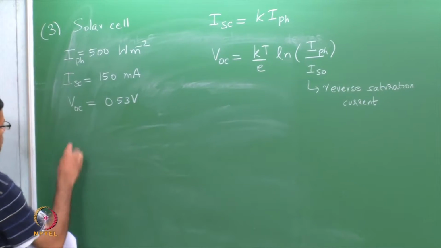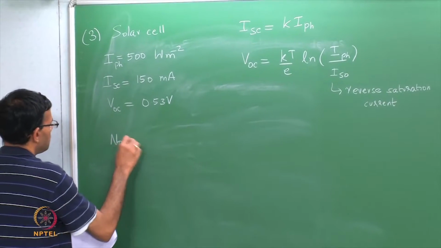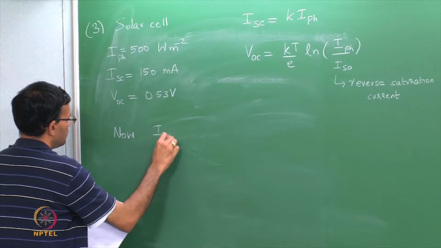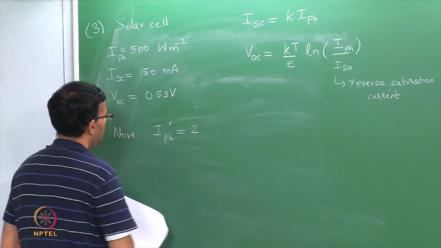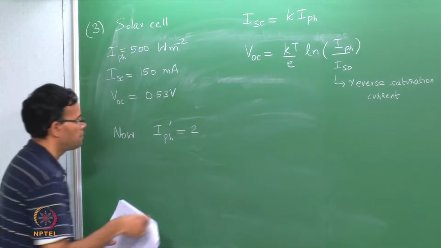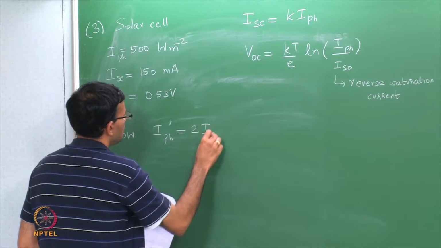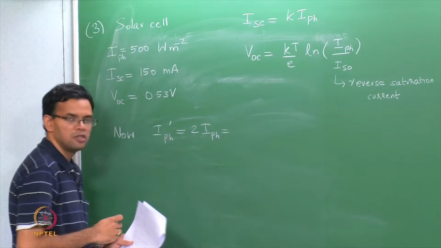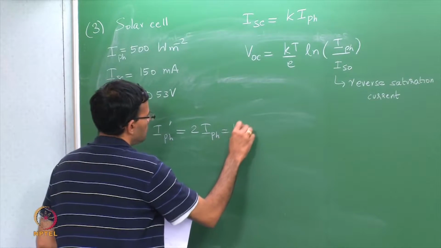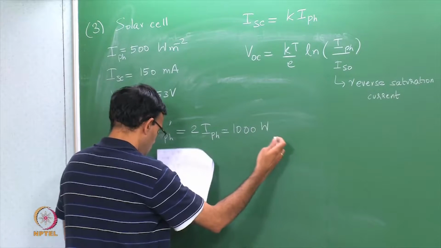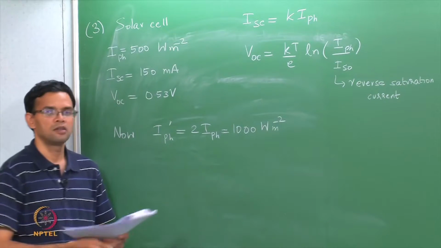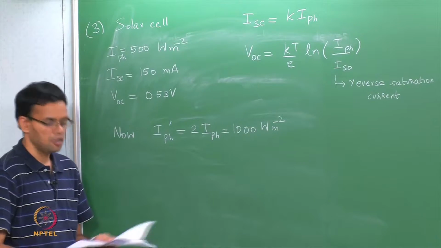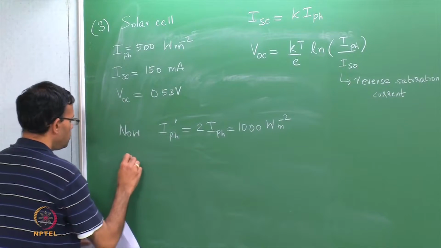So, now the new value of IPH is doubled. So, it is 2. So, let me write this as IPH prime, which is 2 times the original value, 1000 watts per meter square. So, the new short circuit current, so ISC new. So, I am going to write it as ISC prime